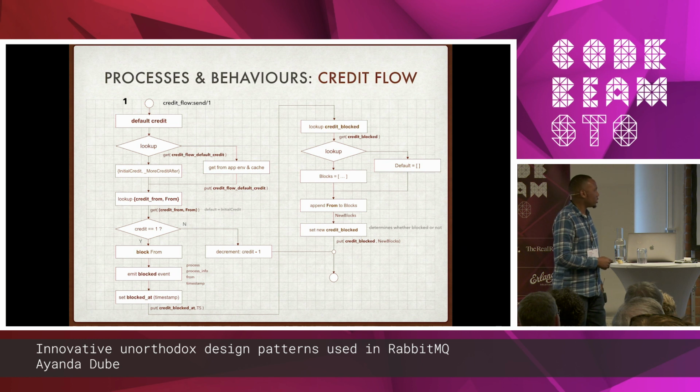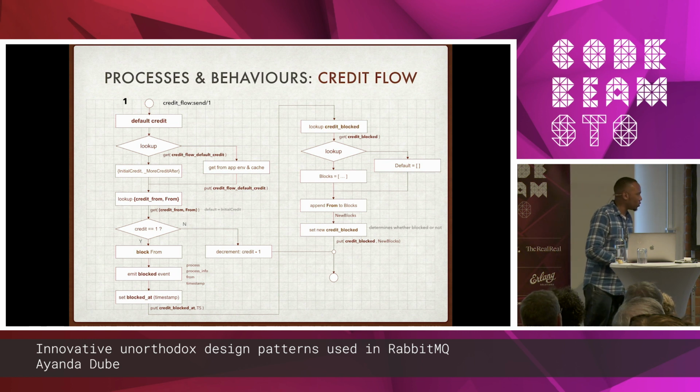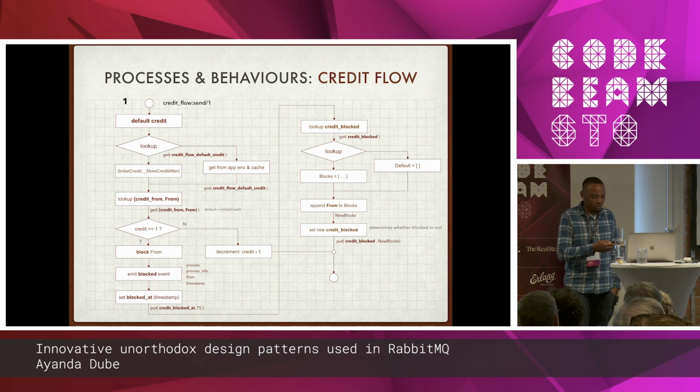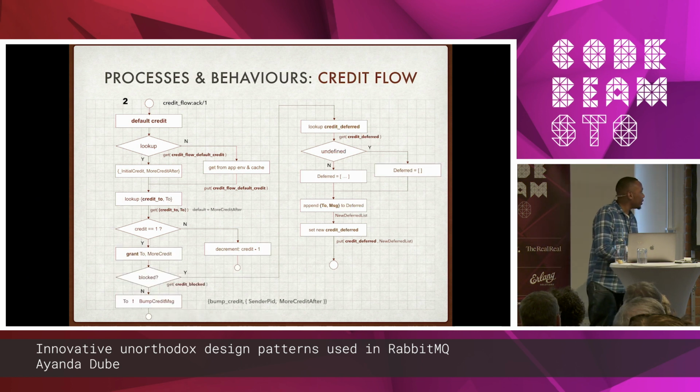So this new process which just marked the current process as blocked will be added to the list of credit blocked processes. And that's how you determine if a process is blocked or not. So you can actually query processes for credit flow state, and it'll tell you whether it's blocked or not. Yeah. And then on the receiver